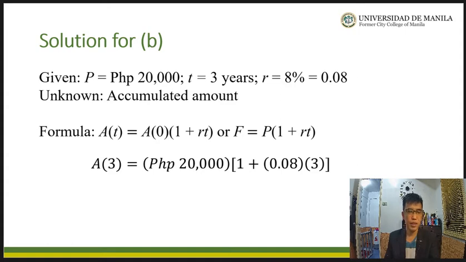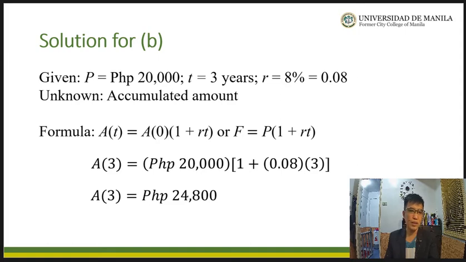So by plugging in all the given values, we have 20,000 pesos times quantity 1 plus 0.08 times 3, and the accumulated amount at the end of year 3 is 24,400. Sorry, it's 24,800. So meaning, since every year the interest is 1,600, so 1,600 for the first